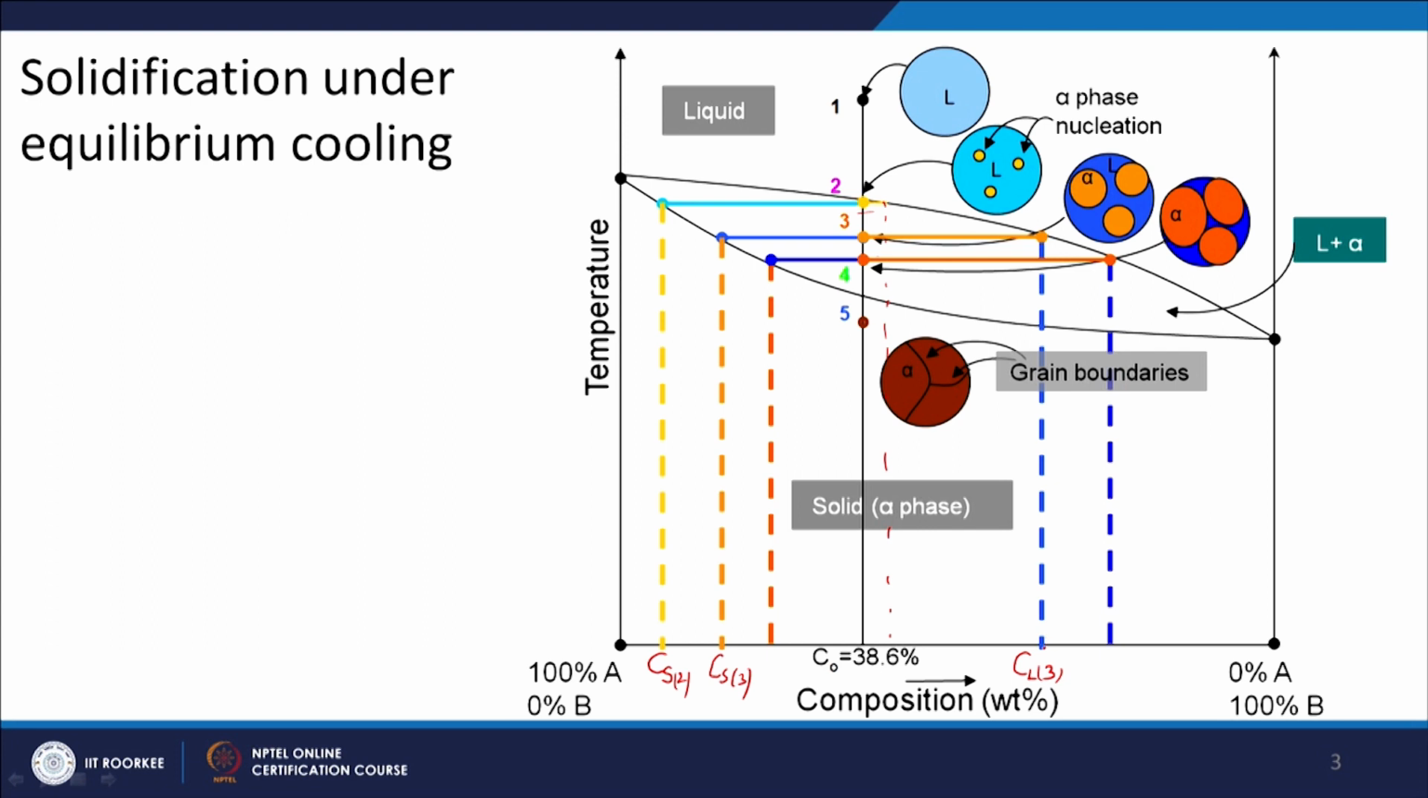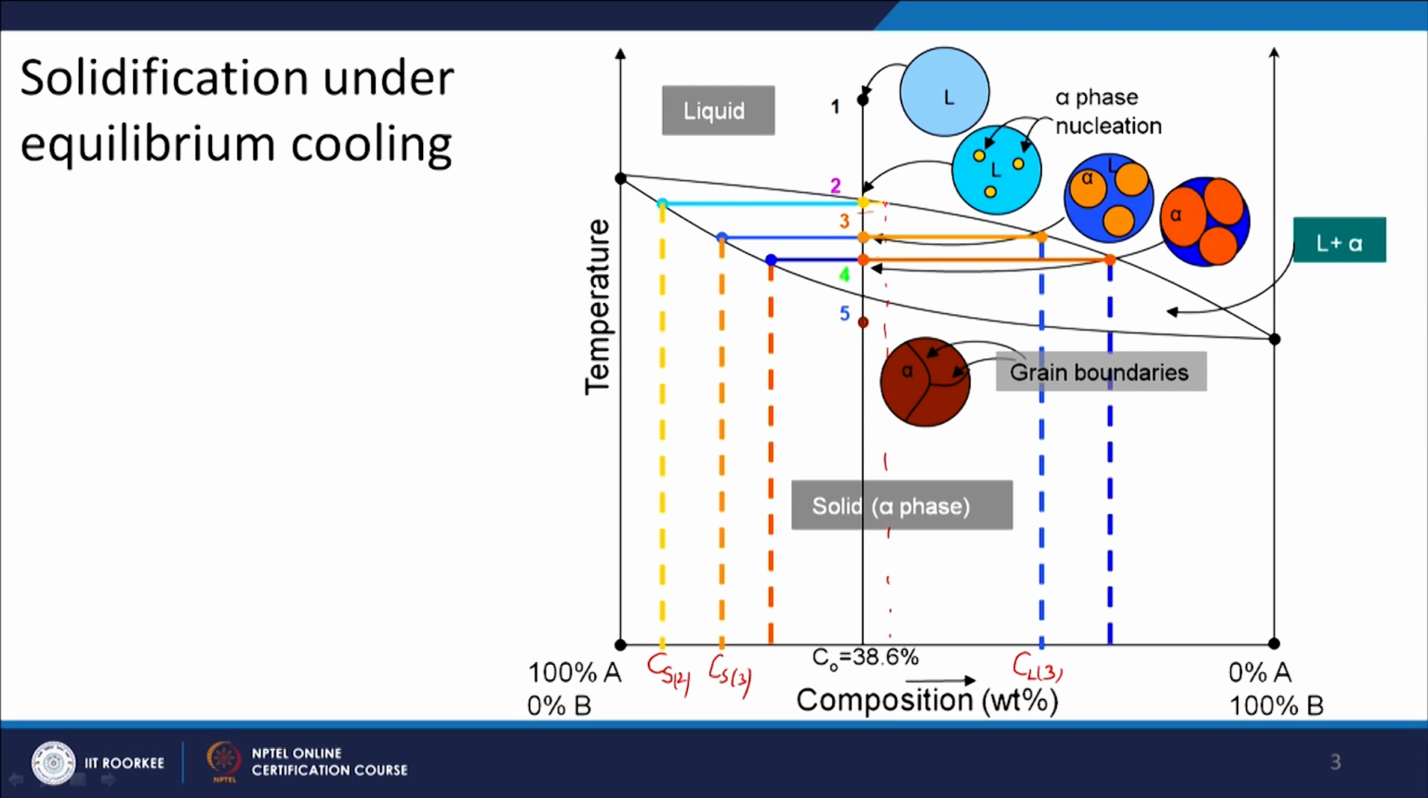Liquid has a higher composition than the overall composition C naught, and solid has a lower composition than the overall composition C naught. But since we are doing it at a very slow rate, I am giving enough time. As you can see, the first solid which formed had a much lower concentration of B. The solid at stage 3 has a composition higher than what we got at 2. That means I now need more solute atoms in the solid phase here to enrich it,